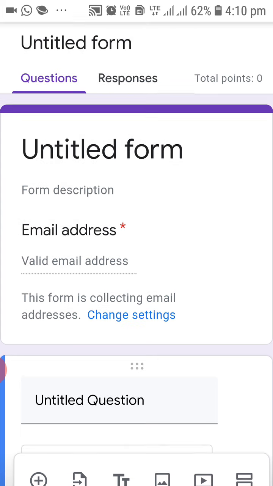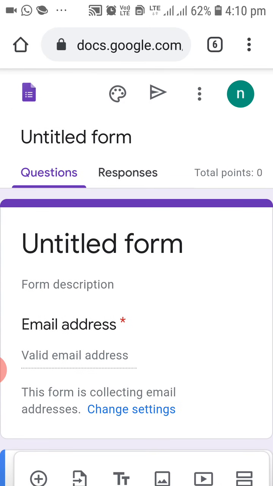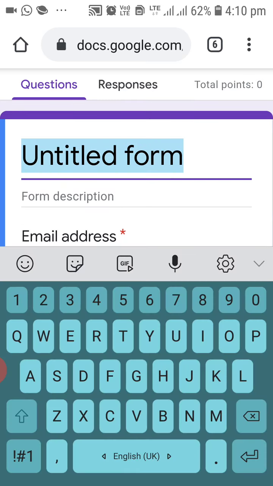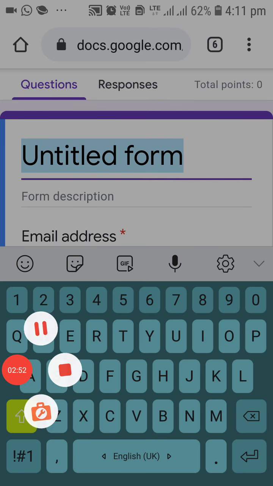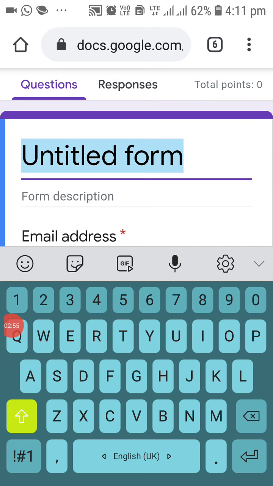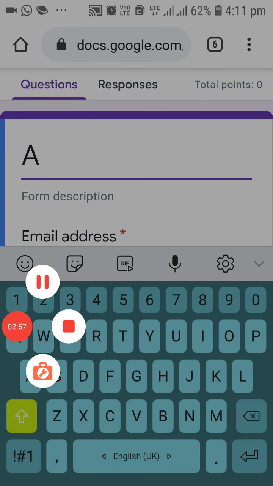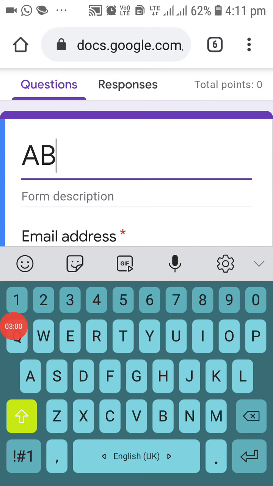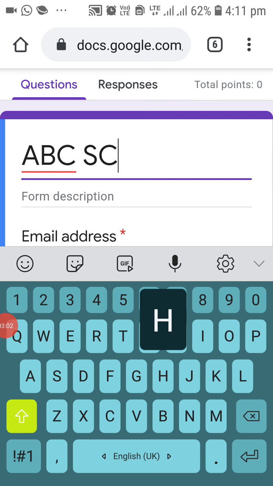Now what we have to do is, at the top, untitled form is written. Below that again untitled form is written, right, with the form description. If you click on untitled form, here you can write the name of your school. For example, I'll write here ABC school.